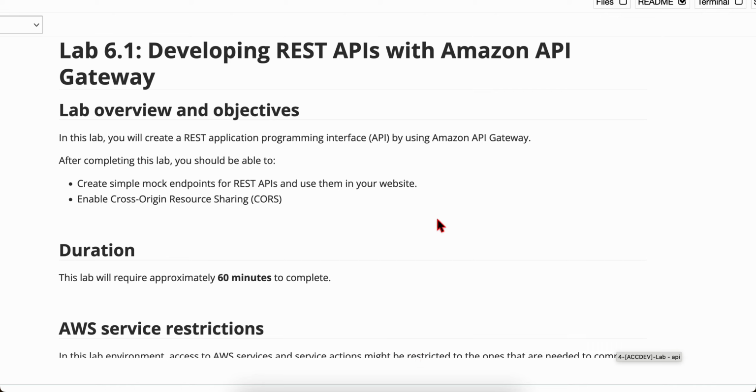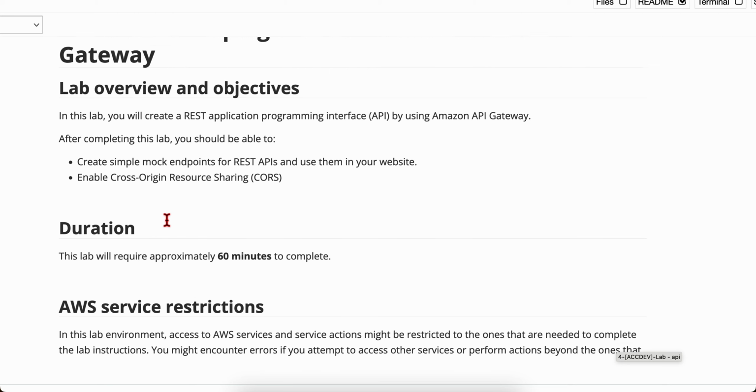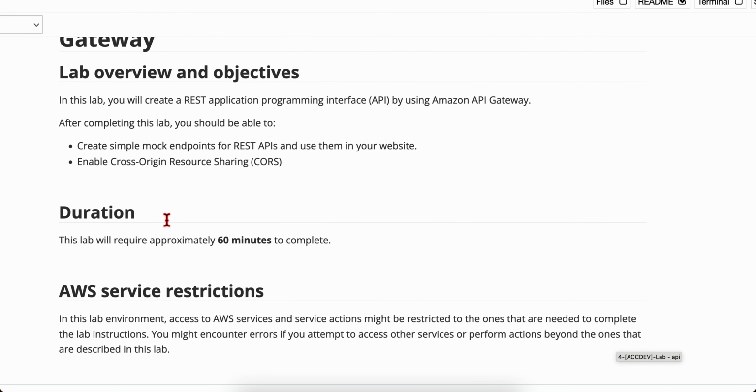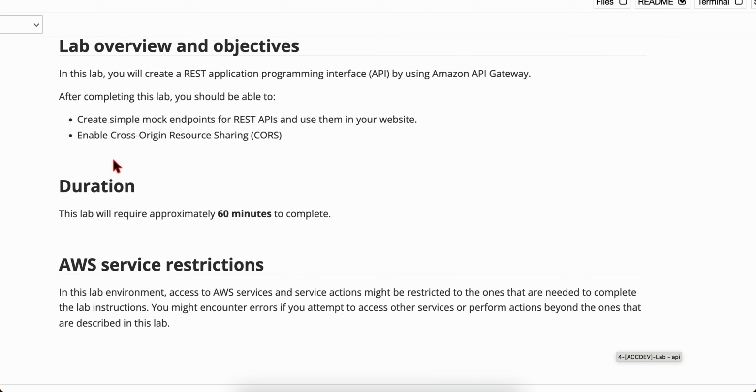So today I'm going to do a walkthrough on developing REST API with Amazon API Gateway. So, lab overview and objective. In this lab, you will create a REST application programming interface (API) by using Amazon API Gateway. After completing this lab, you should be able to create simple mock endpoints for REST APIs and use them for